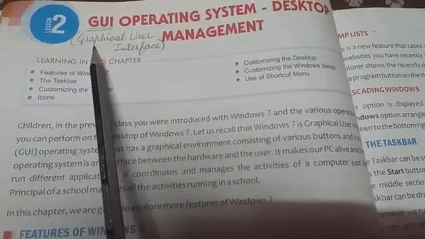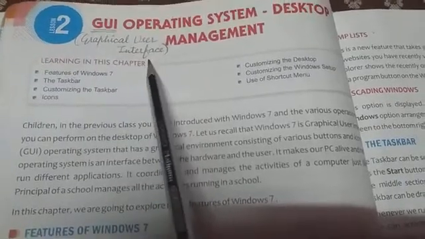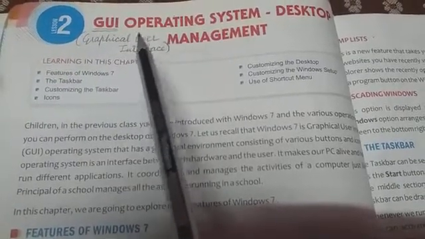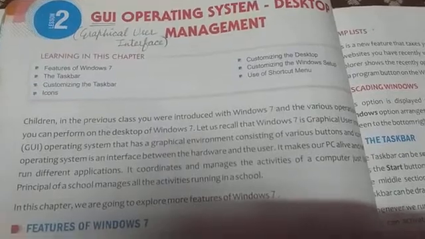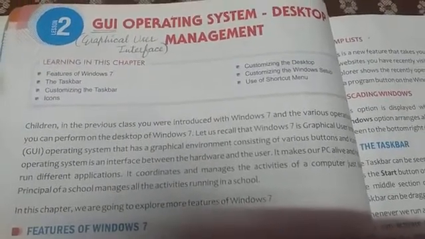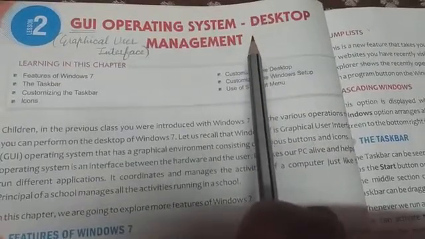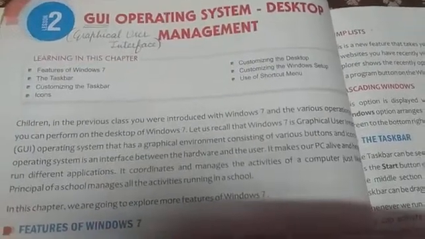Here graphical means any picture or we can say any image, and user interface works like a bridge that helps user to interact with the hardware. So GUI operating system helps the computer to manage its desktop.